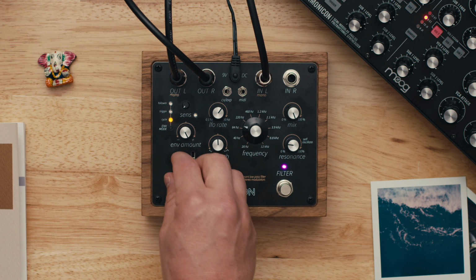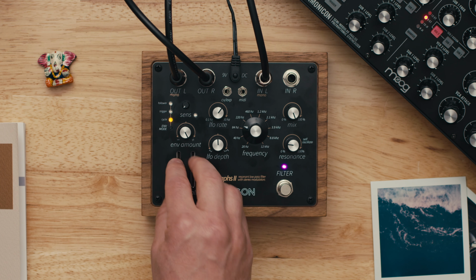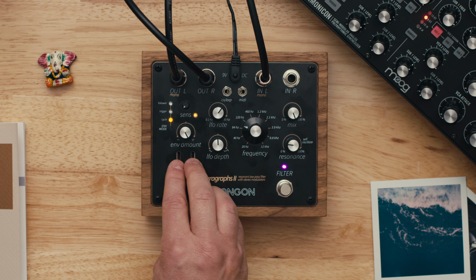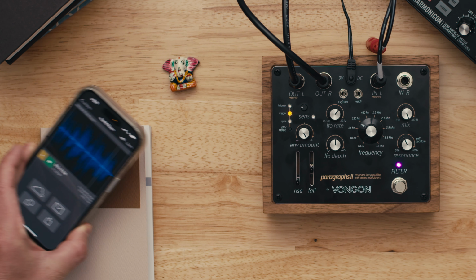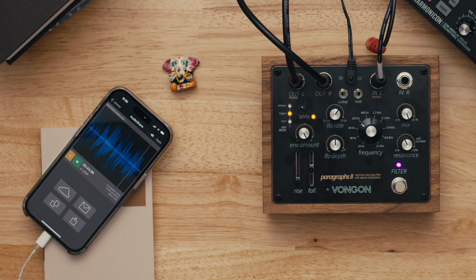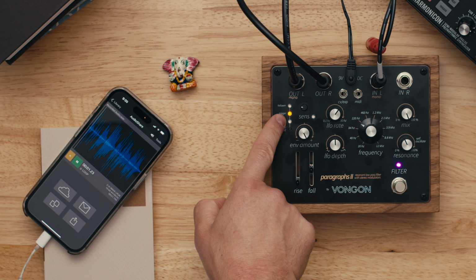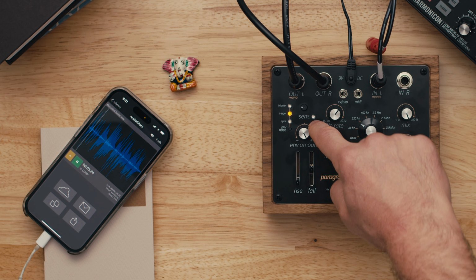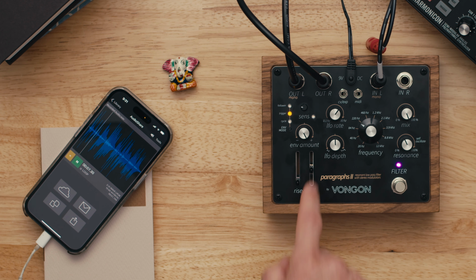Let's switch over to something plucked or more guitar-like to talk about the envelope follower and the trigger. Okay, so to talk about the trigger and follower, we're just gonna play this little acoustic thing off of my phone. And first, let's talk about the trigger mode here, in which we set a sensitivity threshold with this knob,